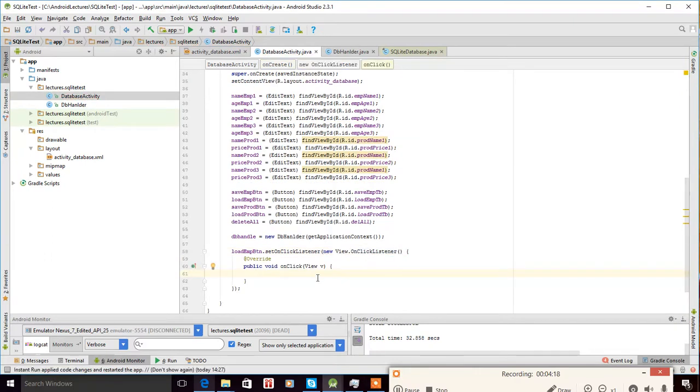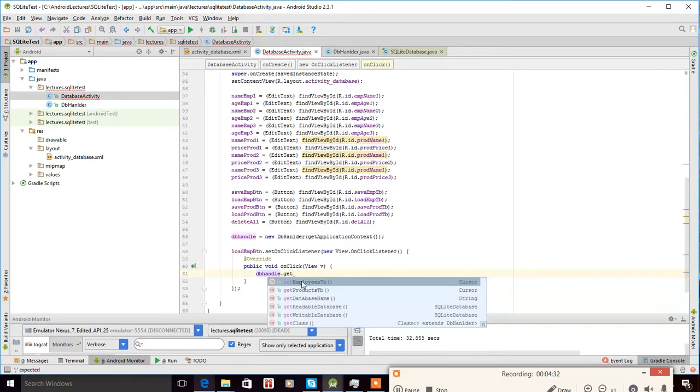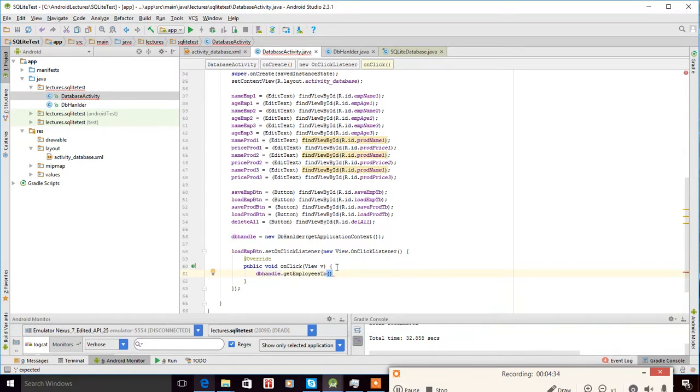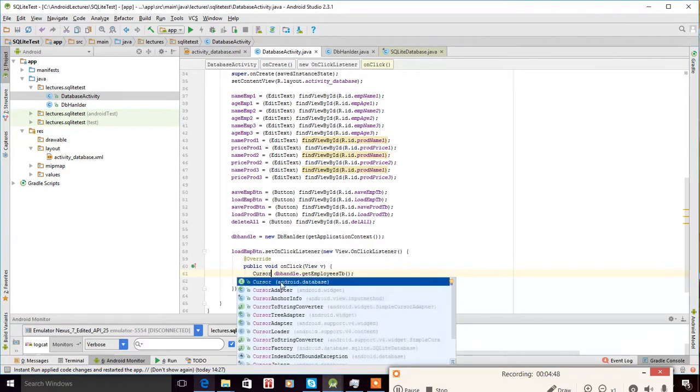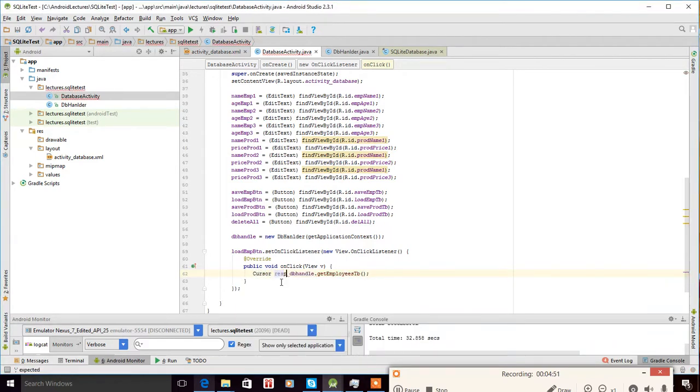And here we can, for example, try to load, for example, read get. We can use from this db handler function get employee table and read the data from the employee table, and this will, we can declare a cursor class here and get the response variable, and then we check if